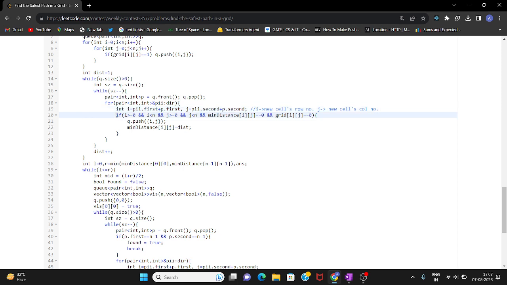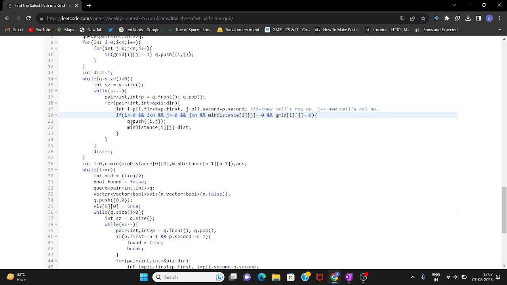So now, like I said, we have to check whether this cell is valid or not. So we are checking that this is greater than or equal to 0 and less than n, so that it is in the boundary. This is for the row and this is for the column. And then we are checking whether its distance has already been calculated or not. So 0 indicates that it has not been calculated.